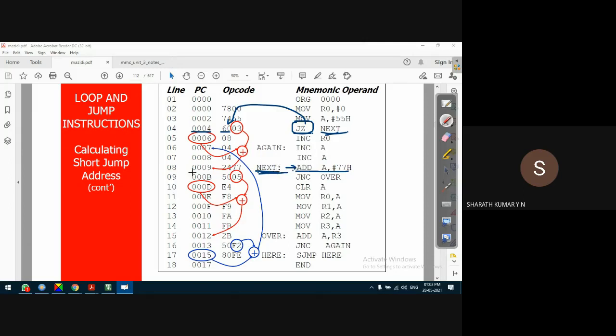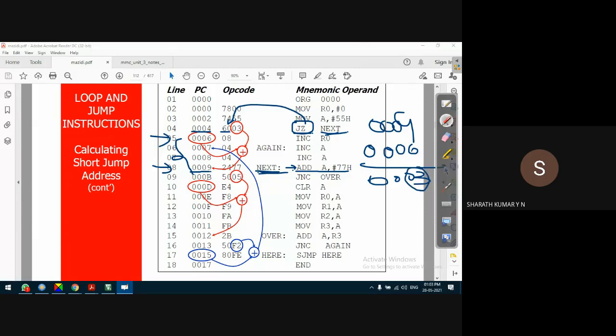whose address is 0009. What the compiler does is take the difference of these two. What is the difference of these two, guys? That is 0006 and 0009. What is the difference? 0003.